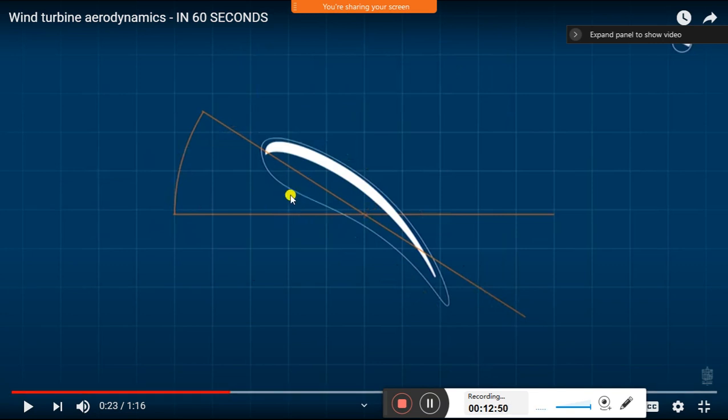Okay, this angle of attack, if it is a high angle of attack, it will cause more lift force, and that more lift force changes the direction, and it will start rotating this blade. Okay, and always velocity. So here at the tip there is more velocity, so we get more movement in the tip, and at the starting point of the blade it's less. So it will start rotating the blades.